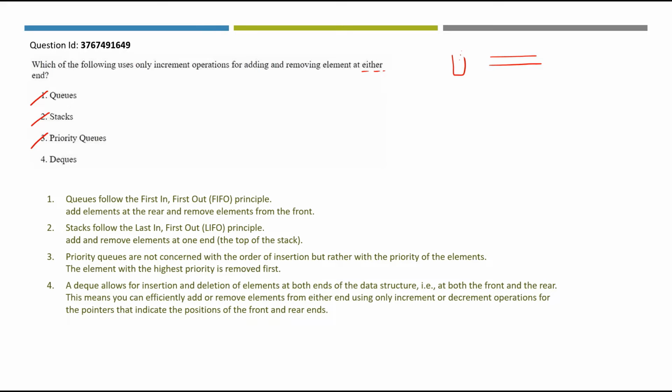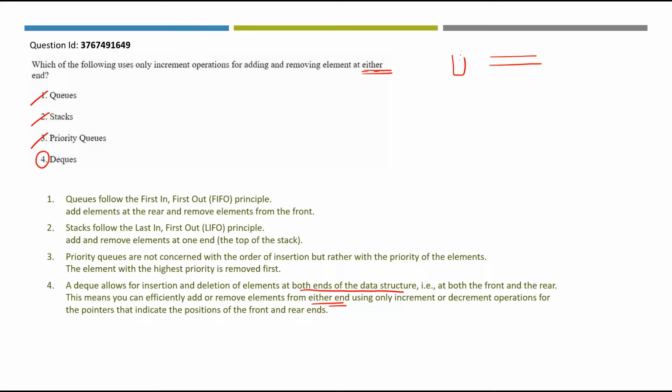What about DQs? A DQ allows for insertion and deletion of elements at both ends of the data structure. This can be equated to either end, that is at both the front and the rear. This means you can efficiently add or remove elements from either end using only increment or decrement operations for the pointers that indicate the positions of the front and rear ends. So this particular statement is equating to the question statement, and so we are going with option number 4, DQs,